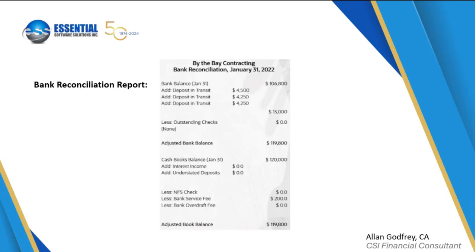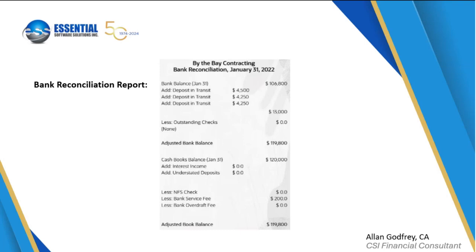And then there's always a timing difference between what your bank statement says and what your GL says, because you've got things kind of in transit. So in this case, we've got 3 different deposits that are in transit. Then they add up to the $13,000. And then we have an adjusted bank balance